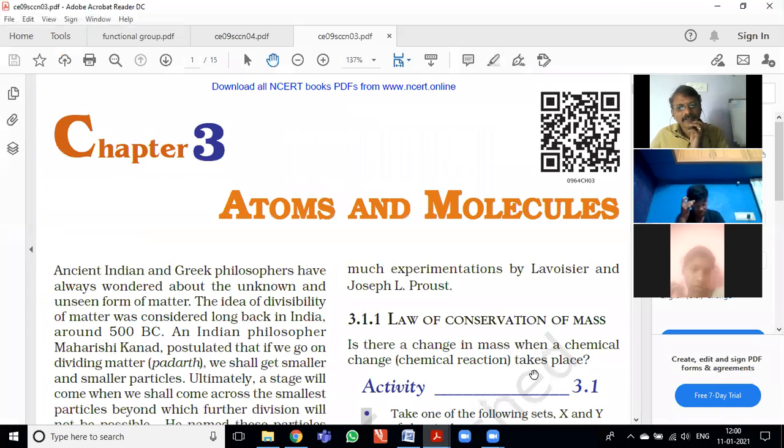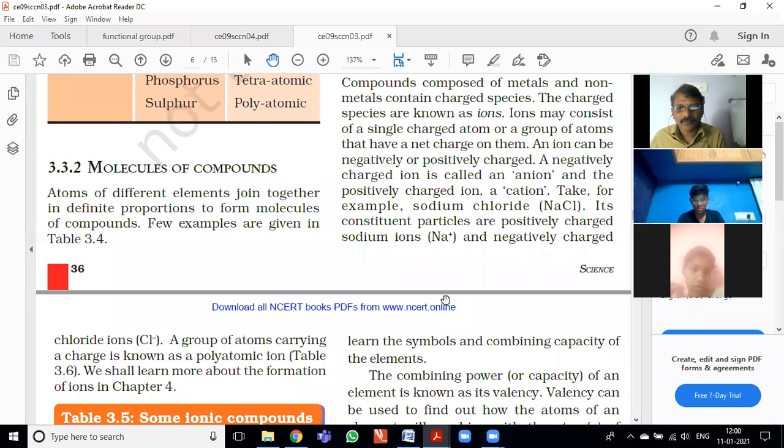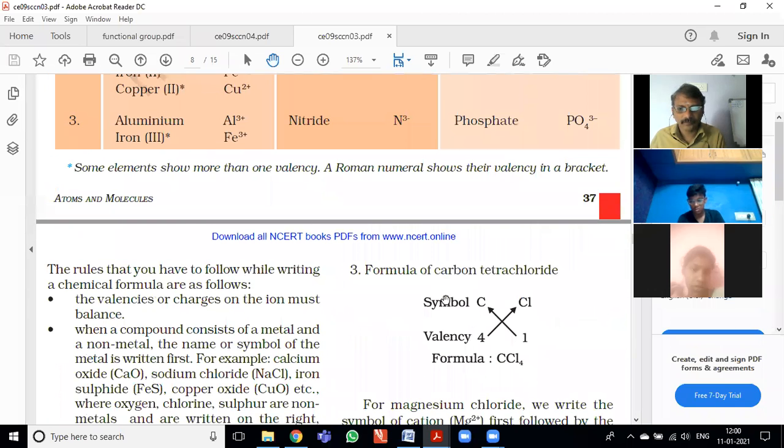You know the symbols of elements. You want to calculate the molecular mass and molar mass also. You know that, using these formulas here. So how will you find the number of moles in an atom, and how to find the number of molecules in an atom? You have these formulas also.